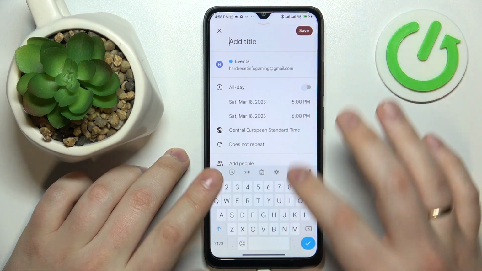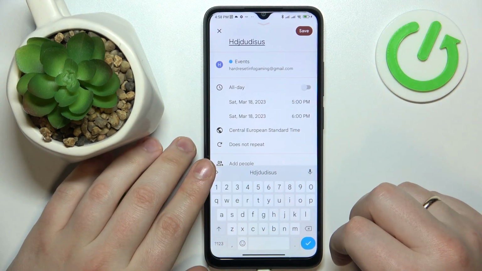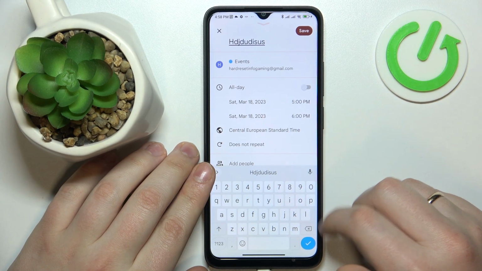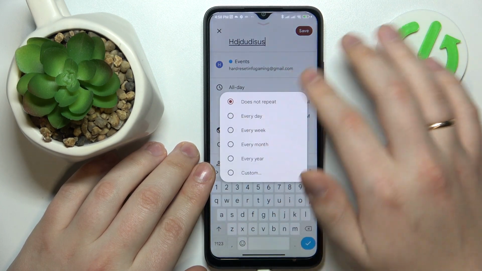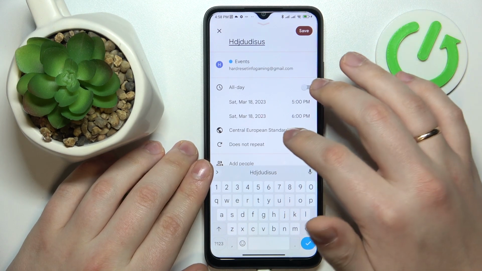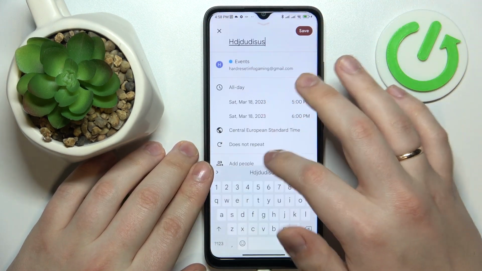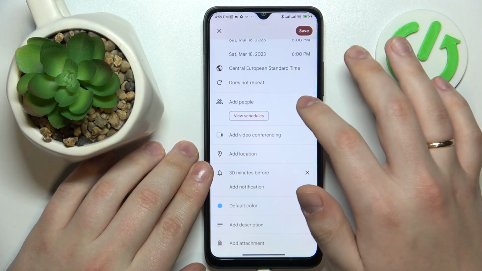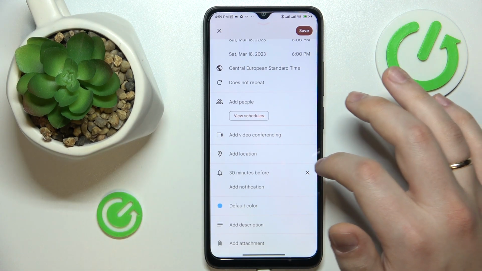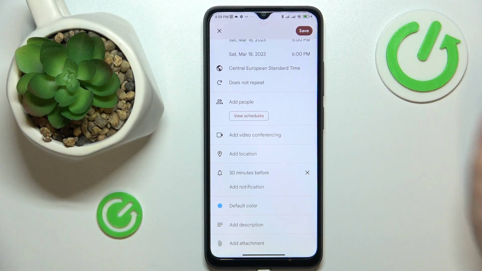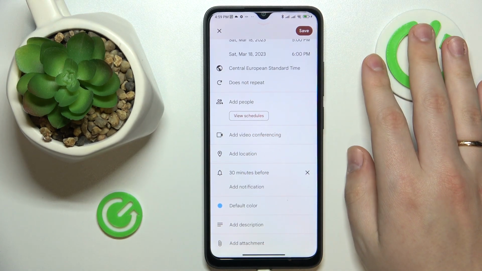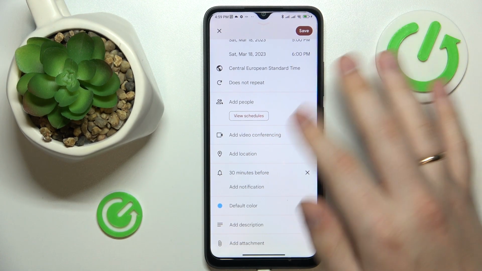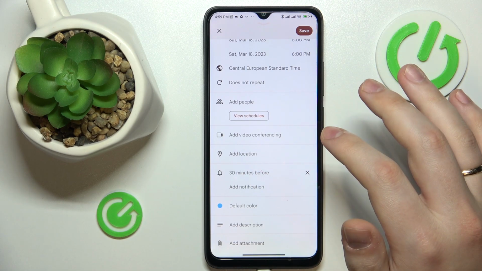list. And in here you can set the title for your custom event, set the timeframes, make it repetitive or not repetitive respectively, change the time zone, invite some other participants, add the link to the video call that might occur regarding this event, add the location that this event will take place at, choose when you would like to